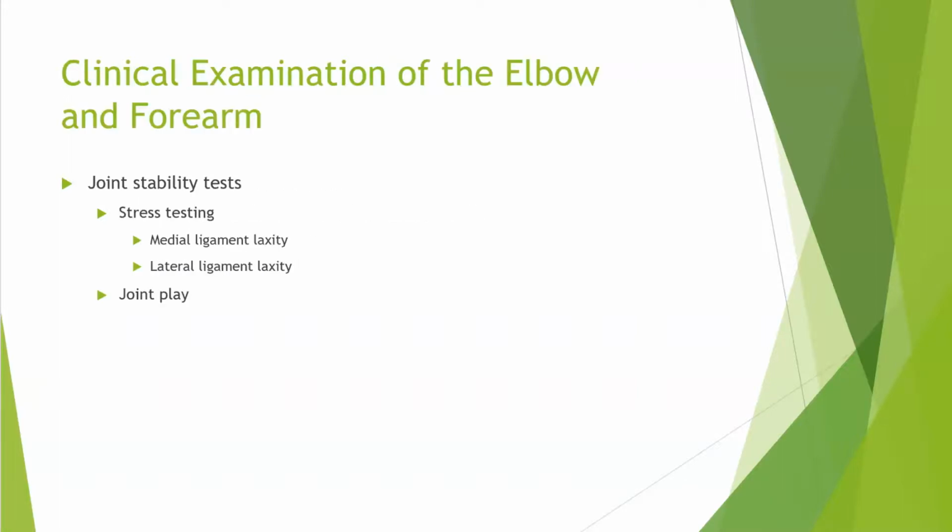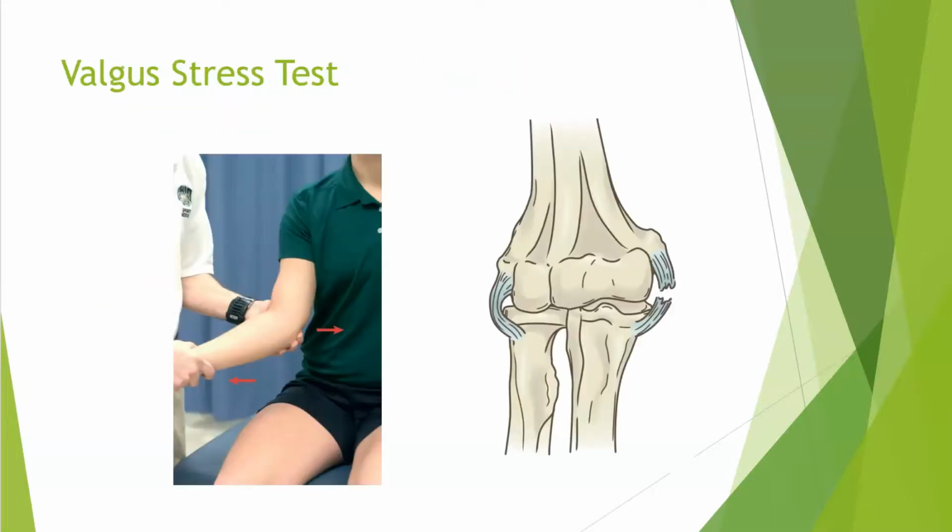And then joint stability test. So when we're assessing the integrity of the elbow joint, really we're doing lateral and medial stress tests. We've already learned these as valgus and varus, okay? The valgus and varus stress tests. For example, this next slide is a valgus test. Remember, there's an L in there. So we are on that lateral epicondyle and putting a medial pressure on the person's elbow, and we're assessing the